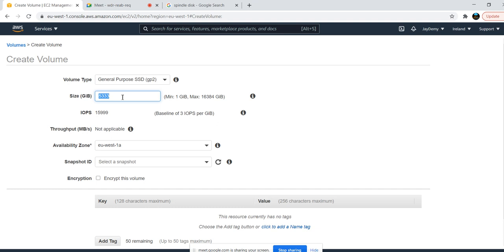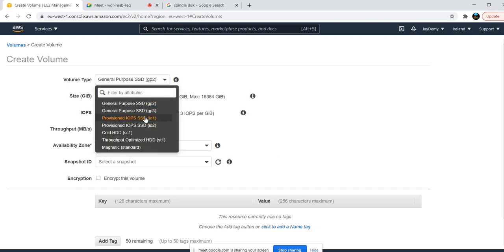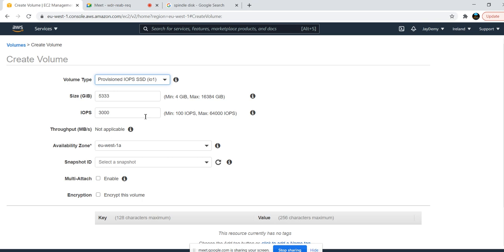So multiple disks we need to take, again multiple replication, and all we need to do it. So multiple disks we need to take here. Based on our use case, we need to consider which volume type is better. In the same case, if you choose provisioned IOPS, provisioned IOPS is very costly.